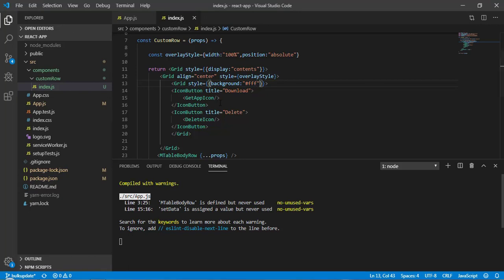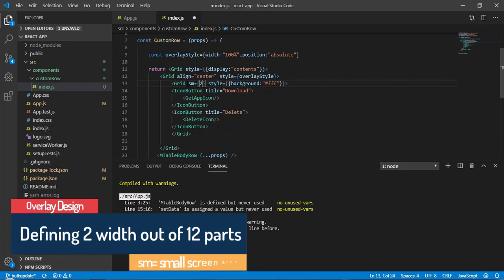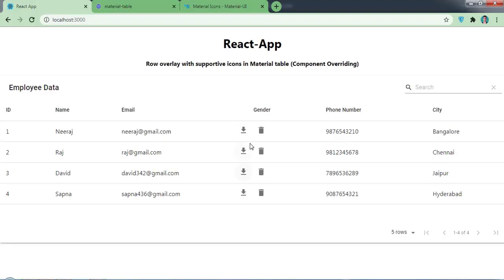For that we can define a property small, and this is going to take 2 width. The total width is separated into 12 parts, and we are defining the width of this grid as only 2. Now save it and come back here. You will be able to see we are getting this, but there are no male values, meaning the gender value we are not getting.